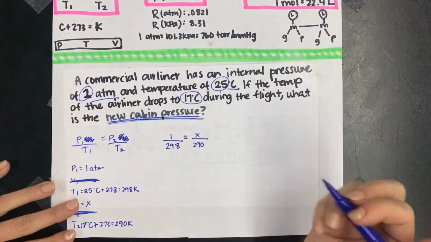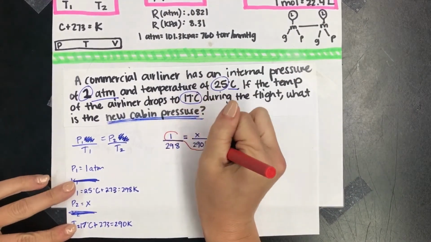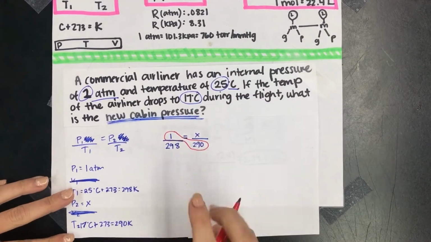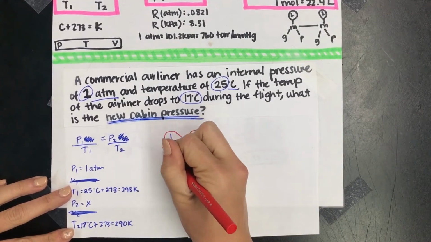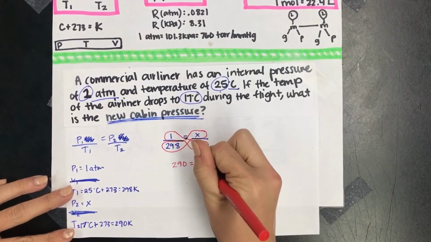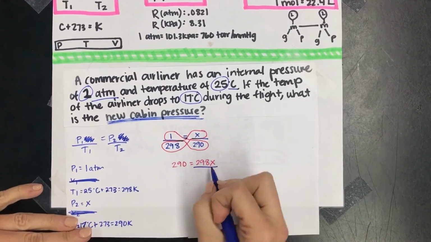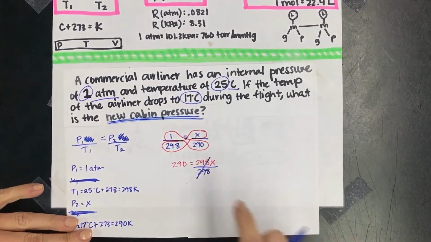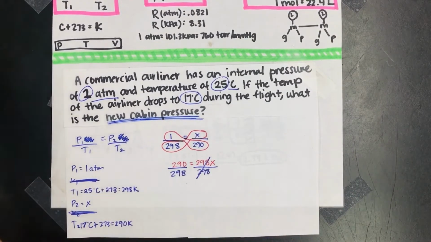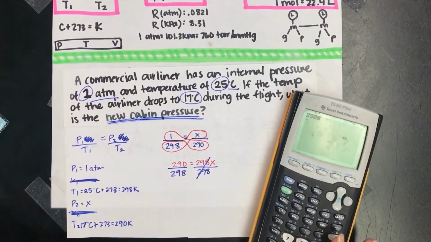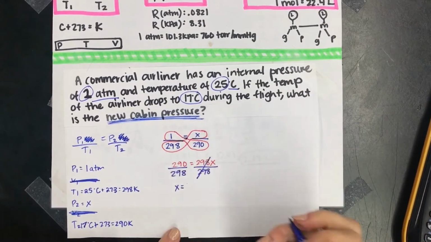From this step, you can solve it algebraically any way that you want to. I'm just going to show you how to do it by cross multiplying and dividing, just because I know a lot of students find that pretty easy. So numerator of 1 times the denominator of the next, so 1 times 290, 290 equals 298x. To get x by itself, we need to divide both sides by 298 so that this can cancel. We do it to one side, we have to do it to the other. So we're just saying 290 divided by 298. X equals